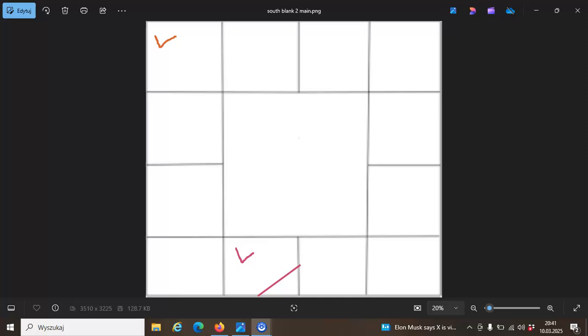Let's say the ruler of Mina, which is Guru, has gone to the sign of Danu. Let me just write it down. So we've got Guru in the sign of Danu, and we want to calculate the length of the Mahadasha of Mina.